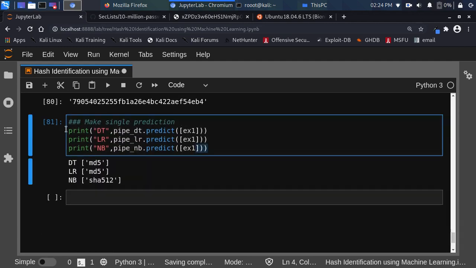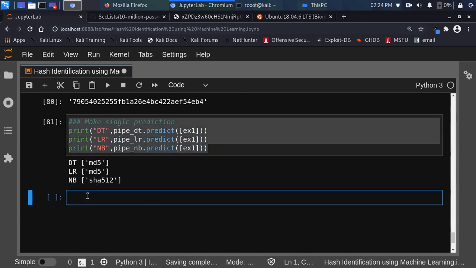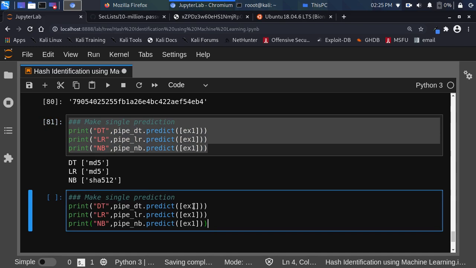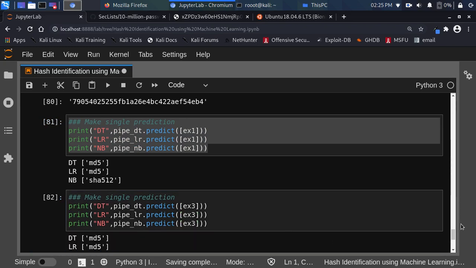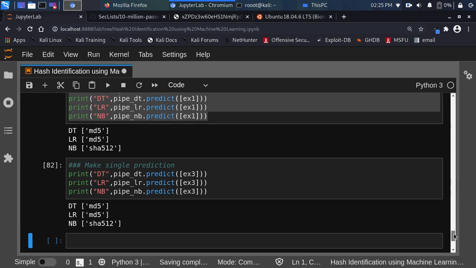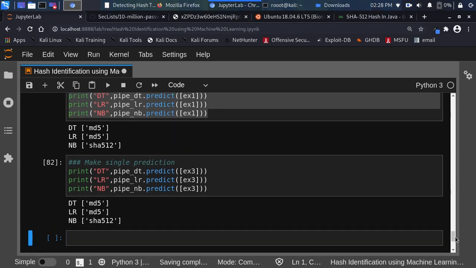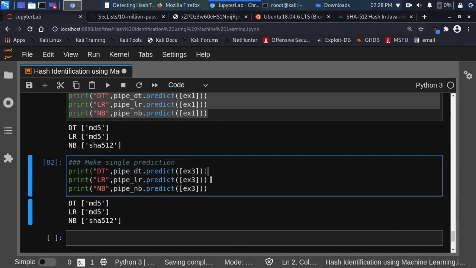So I'll copy this and make another prediction. So this is going to be example 3. So let's see. I don't know, all of them were the same thing. I'm surprised this one was, wow, all of them is MD5 too. Interesting. So our model predicted these ones as MD5, but let's see the accuracy, right, of this one, the probability,